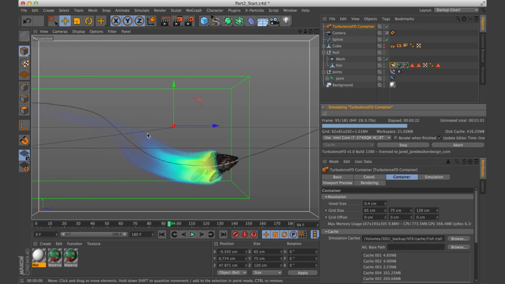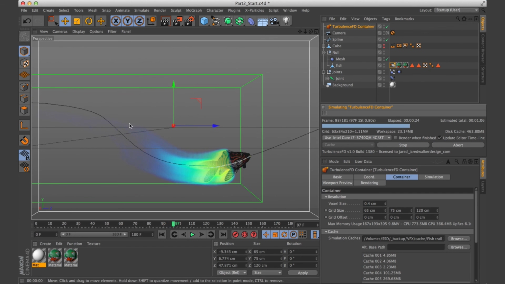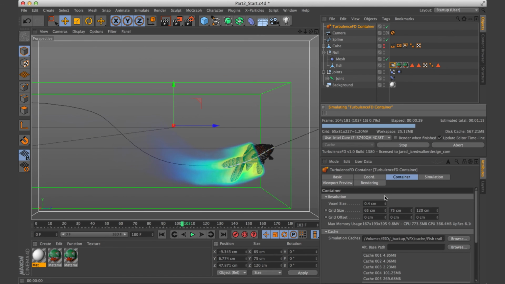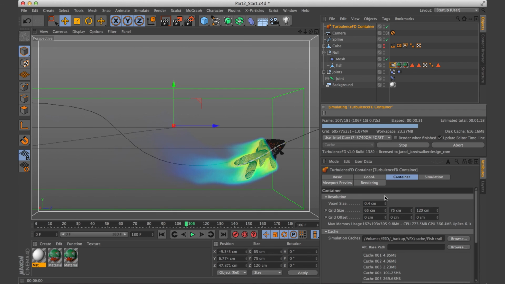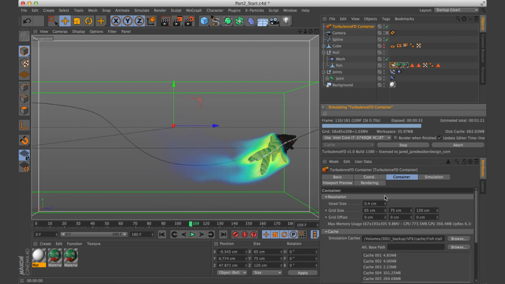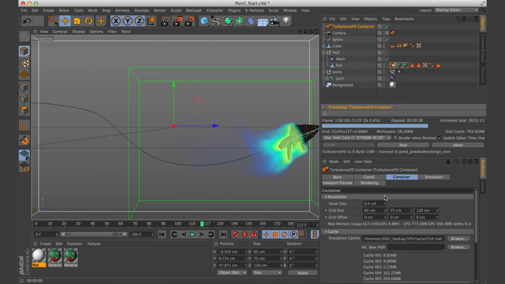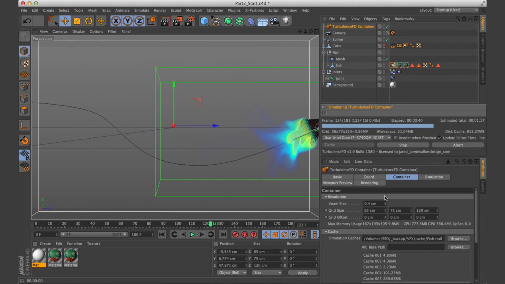So now hopefully we'll get even more detail in those swirls and wisps. Okay, it's almost done.